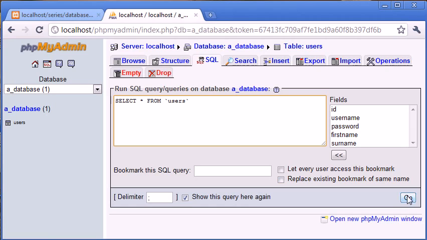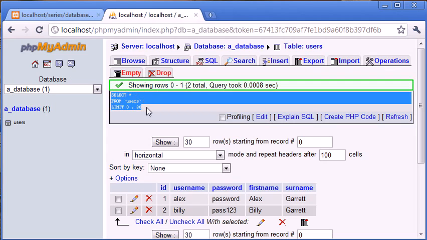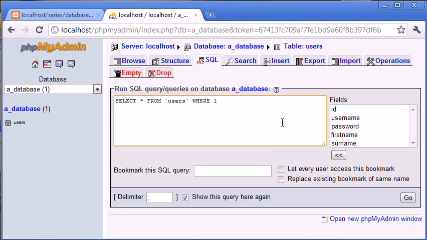So now I'm going to click go, and you can see that this has shown rows 0 to 1, 2 total. The query took an amount of seconds, and it's shown our query here with this limit on the end, which I'll explain soon. But we've retrieved exactly the same data as if we were to click browse. So this SQL query for us at the moment is useless inside phpMyAdmin,